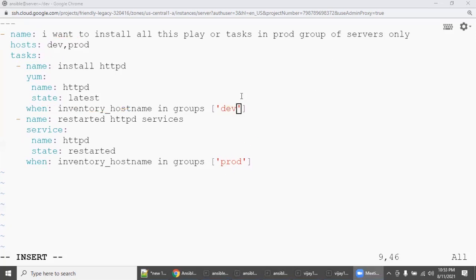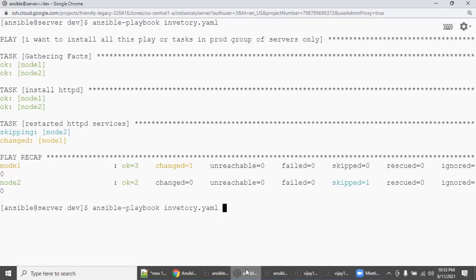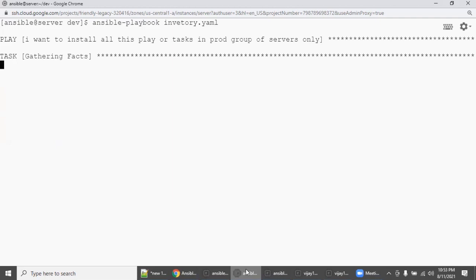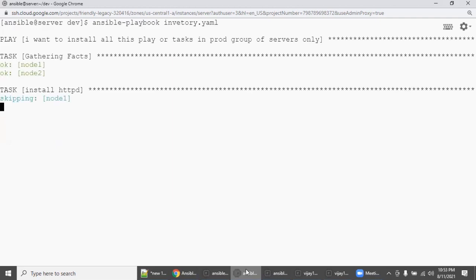So let's change it to all so that you can have a better understanding. I'm going to save it, go to the actual second putty window, and execute it. This time, see, node 1 is skipping.